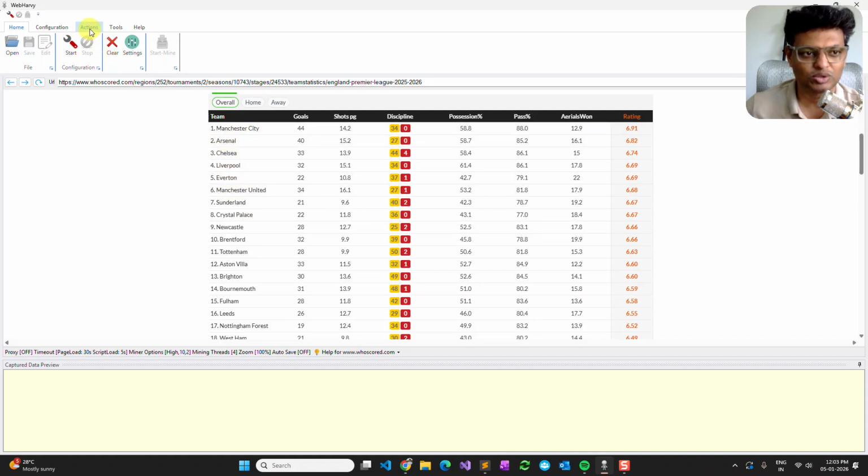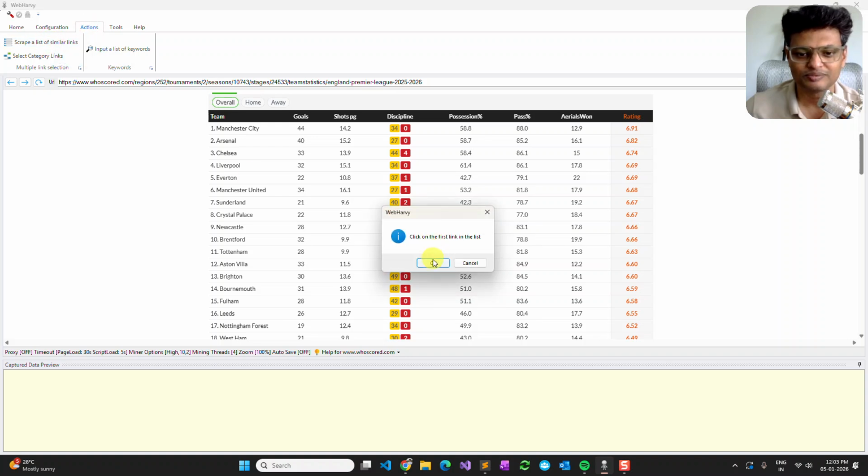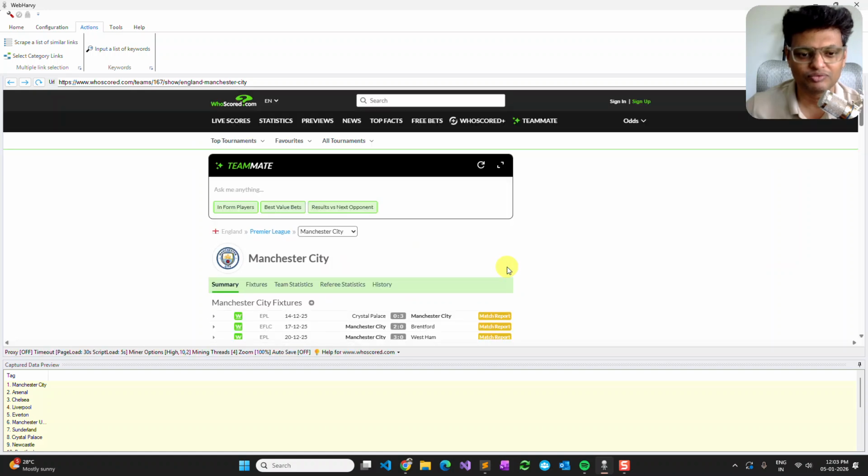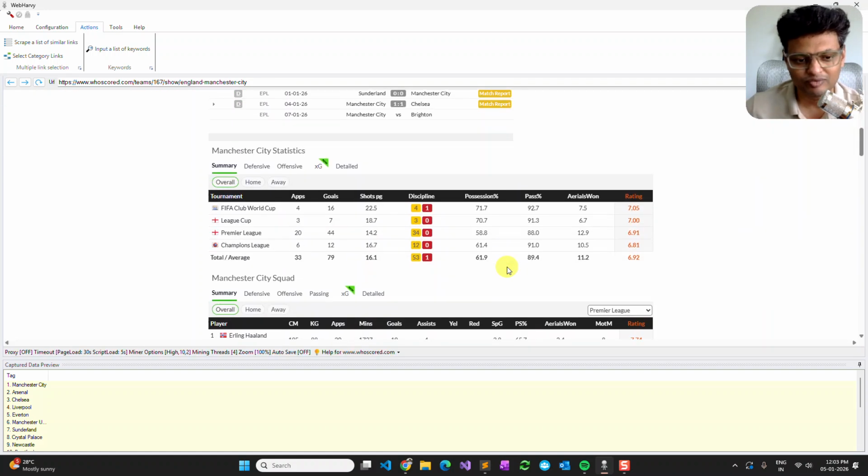So the first step is to go to actions and select the scrape a list of similar links option and then click on the first team name. And as you can see, WebHarvy has automatically selected all the team names, and I don't want to select more links, so I click no and OK, and WebHarvy will load the first team name from where I can scrape